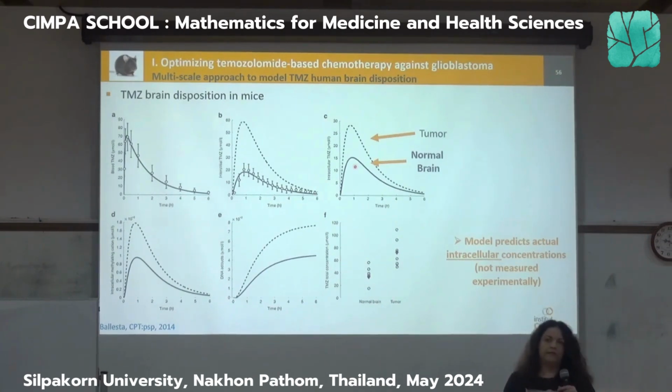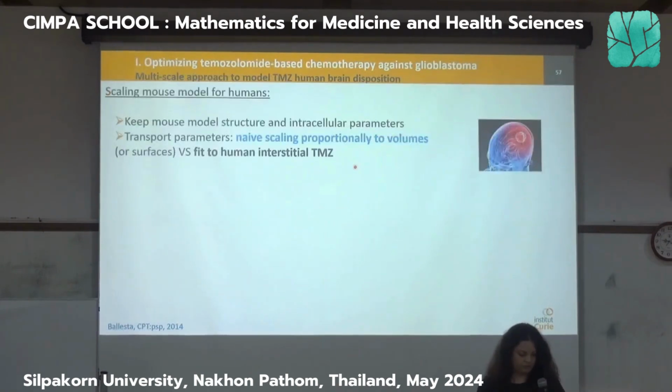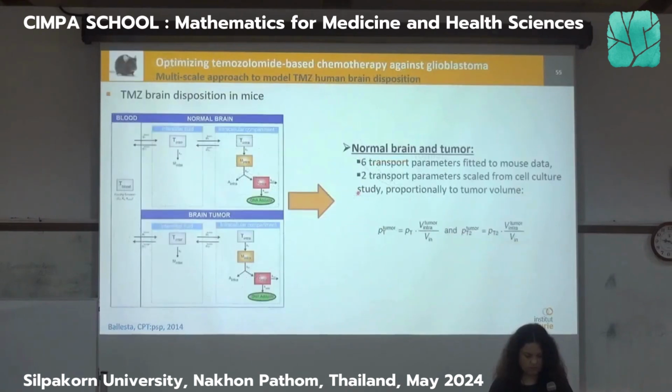Okay, so that's it for scaling from in vitro to in vivo. At this point, we have a model for the mouse, and the idea is to go now for the patient. So how to do that? What we do is basically keep the same model structure. When I say model structure, I mean this scheme is going to be the same for the humans, meaning that the equations are going to be the same. The only thing that is going to be different between the mouse and the humans are two things, the forcing function and the parameters.